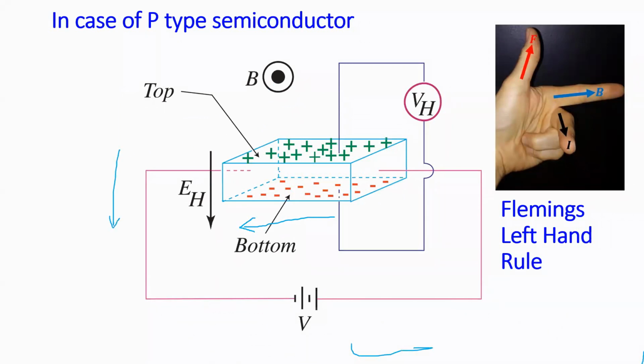So because of that force, what happens? There will be deposition of carriers like this. So holes on one surface, electrons on the other surface. This is the case for p-type semiconductor. If it is n-type semiconductor, then electrons on this and holes on this. And if we measure the voltage, then this gives us a particular voltage. So on the basis of voltage, if this voltage is positive, we will know that this is your p-type semiconductor. And if this voltage is negative, then we know this is your n-type semiconductor.